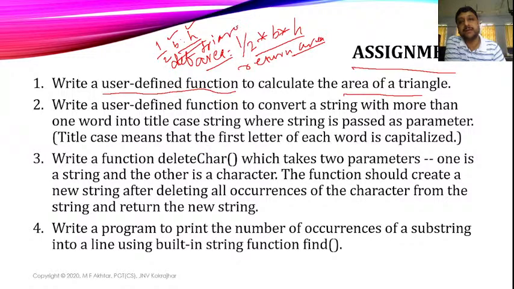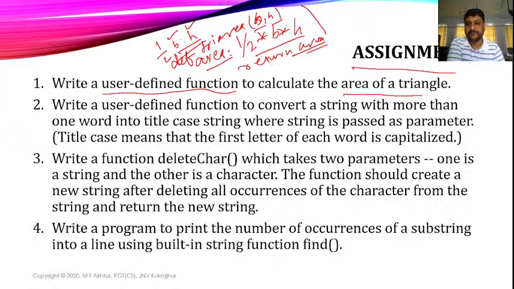Okay, try area like this, and a b and h two variables you have to take. Only this is the function, a three-line function you have to write. And if you want to write the complete program, you want to call this function in your main program, then you have to write the main part of the program, and then finally you can call that function. First you have to input the value for the base and height, and then these two values will be passed to this function by calling the function, and then whatever it returns, that result you have to display using